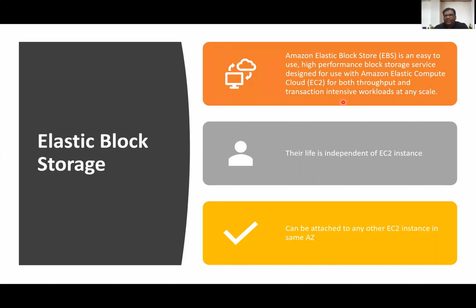So their life is independent of EC2 instance and can be attached to any other EC2 instance in that same availability zone. So the main difference, like I told you in the beginning, is that elastic block storage is like a permanent storage, and instance store is like a temporary storage. What does that mean is, if you deploy any EC2 instance using instance storage, then if you stop that instance, your